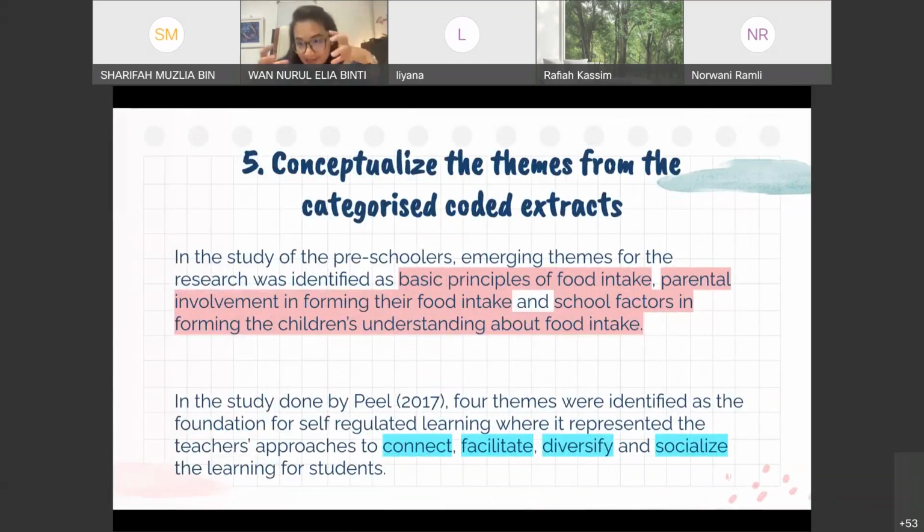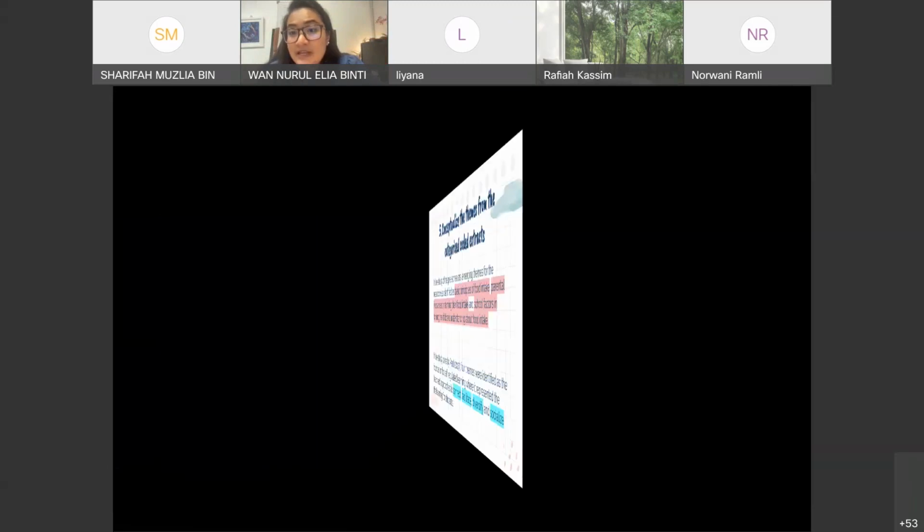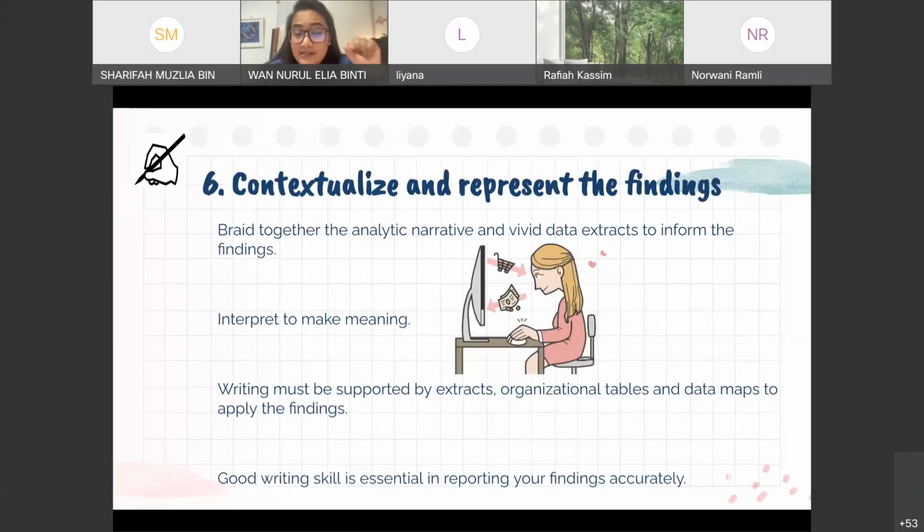You need to extract the data from your interviews with the children. Participant 1 said this, participant 2 said this, participant 3 said this, and all this relates to the basic principles of food intake. So that is the meaning of vivid data extracts.